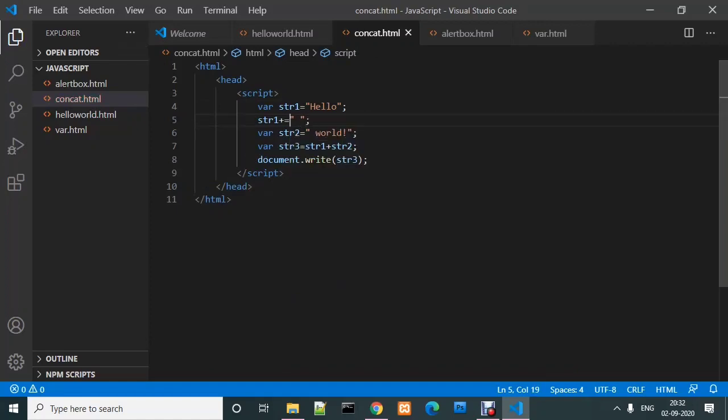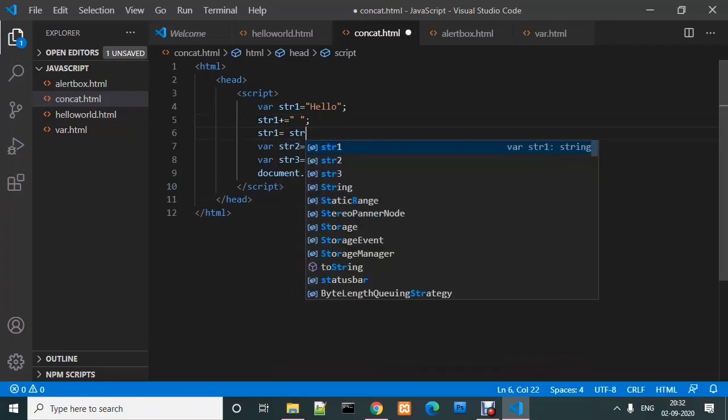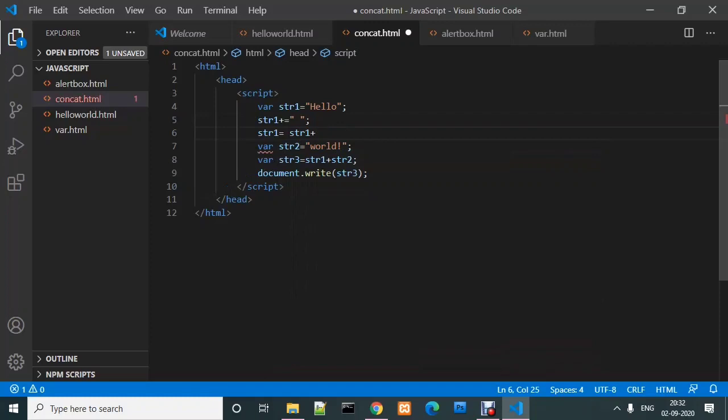So what will it do? Simply, str1 will have a space after hello. This is the self concatenation operator, that means str1 equals str1 plus a space, which is what we have done here.